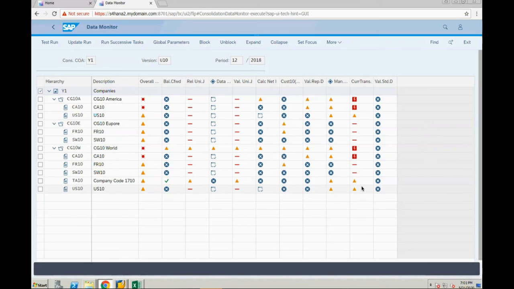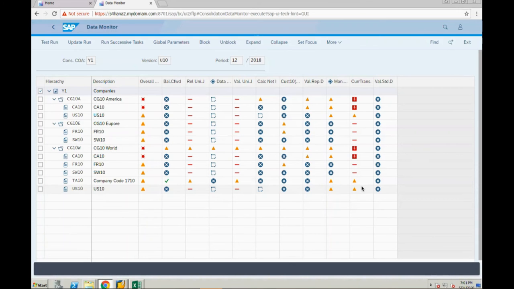So once the data comes from ACDOC A to ACDOC U, you need to validate that particular data, because there is a mapping between your operational data and your consolidation data, financial statement items. Some operational chart of accounts you might not map, right?